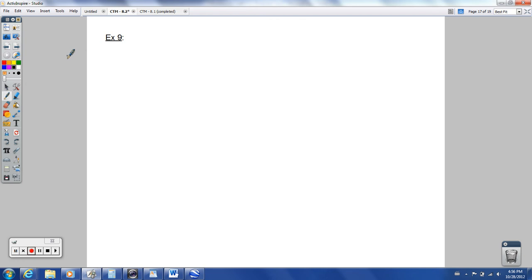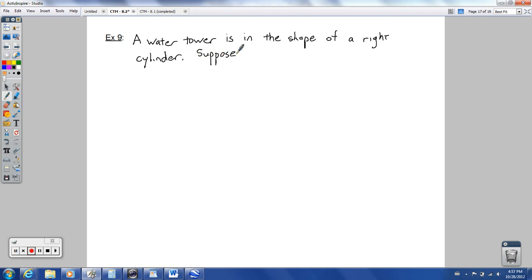So we're going to say a water tower is in the shape of a right cylinder. Suppose, again, I did not go measure this. Maybe I'll have to do that one of these days. I'll actually go measure the water tower. But suppose it has a